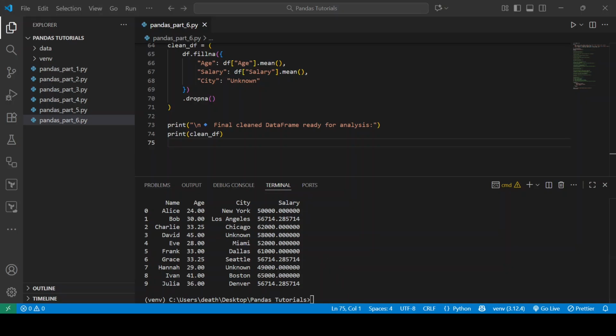And that wraps up our video on handling missing values in Pandas. You now know how to identify, remove and replace NaN values, and most importantly how to choose the right approach depending on your data. Cleaning missing data is a crucial step before any analysis or modeling, so mastering this skill will make your data